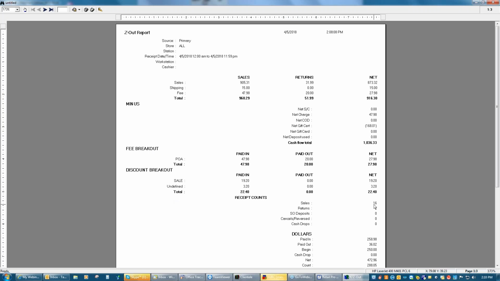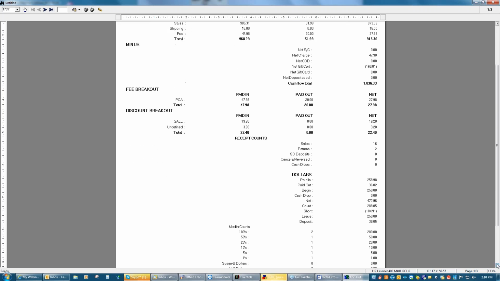Beyond that, you see how many sales transactions you did, how many return transactions you did. That does include exchanges. So if there is a negative quantity put on a receipt, it is going to show up as a return. We didn't take any SO deposits, we didn't reverse anything, and we didn't do any cash drops. Okay? Now we get down to the section that if you're not going to balance 99% of the time, this is where it's going to be. Okay? So we took in cash,